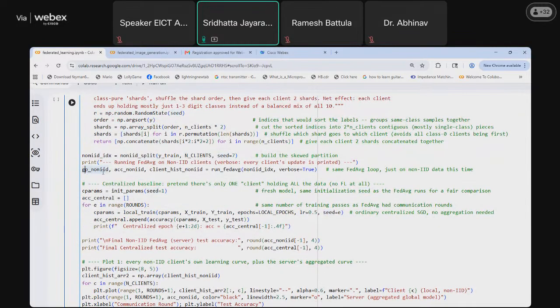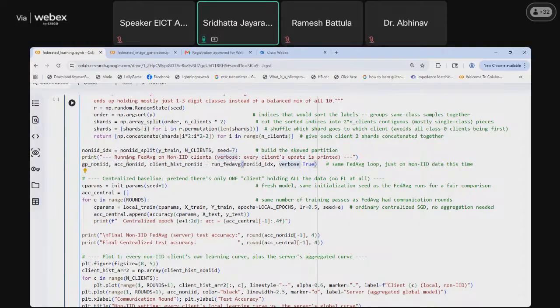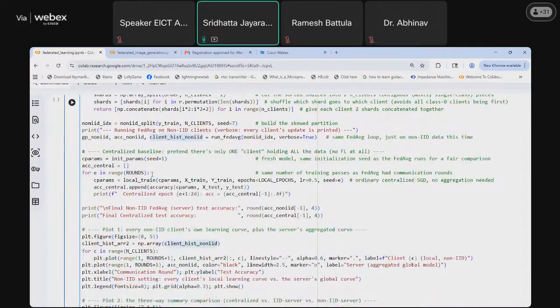And then we run the Fed average algorithm on this non-IID data, and we enable verbose to be true to see the status after each round. And then we get the parameters of the server using gp underscore non-IID, the accuracy of the server using acc underscore non-IID, and the client history using client underscore historical.